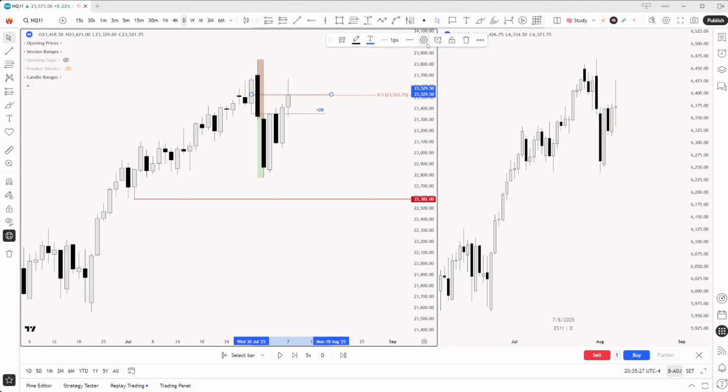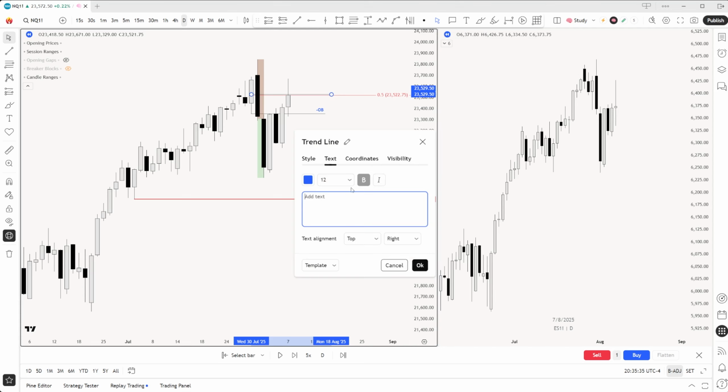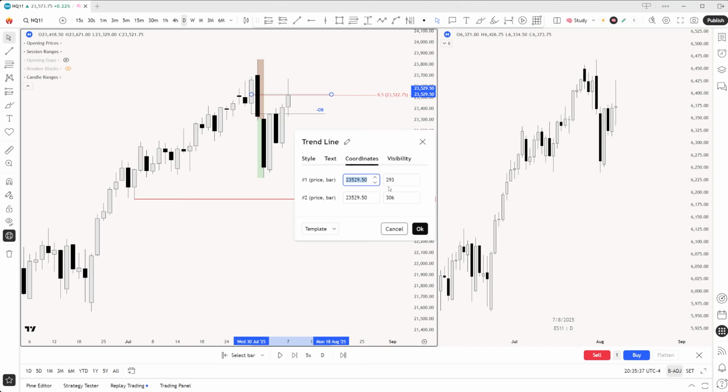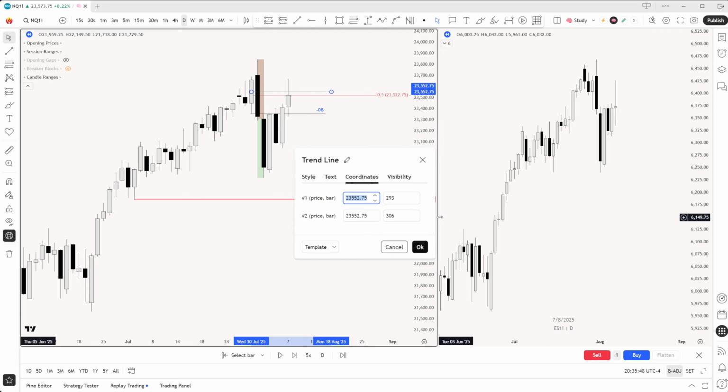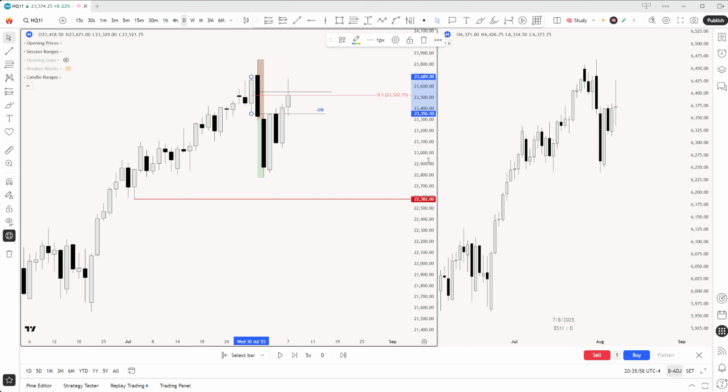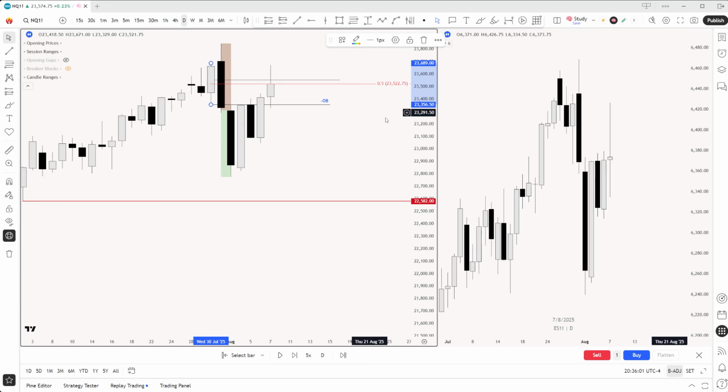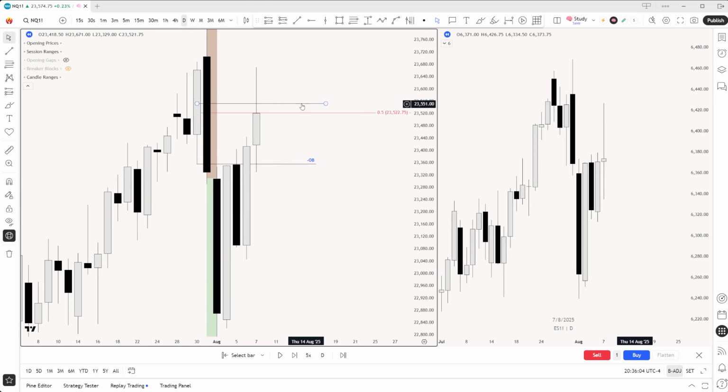So let me just check it out. By the way, whenever I'm trying to be precise on a higher time frame, I hate trying to place it because it's so hard. So 23,552.75. I'll just go to the coordinates and say 23,552.75. Control A, Control C, Control A, Control V. Copy and paste that line. And as we can see, I definitely did that right. 23,552.75. Why is my line up there when it says my midpoint is here at 23,552.75? Well, I guess I will have to zoom in and make it a line.